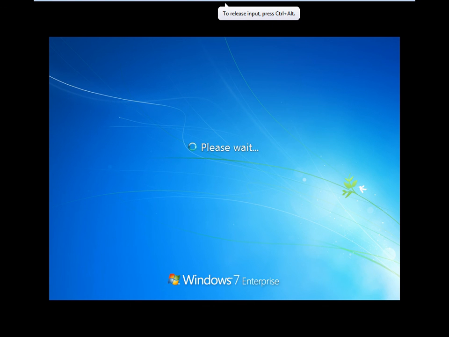So we have disabled the local area connection from the head office.